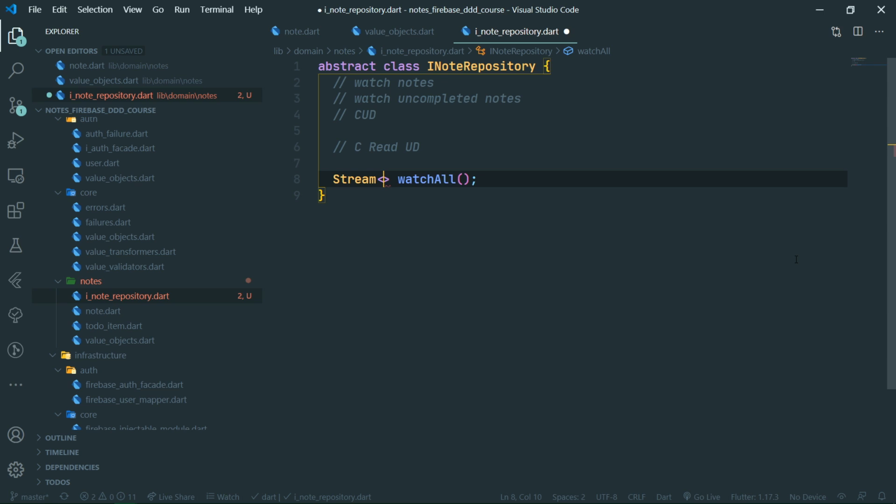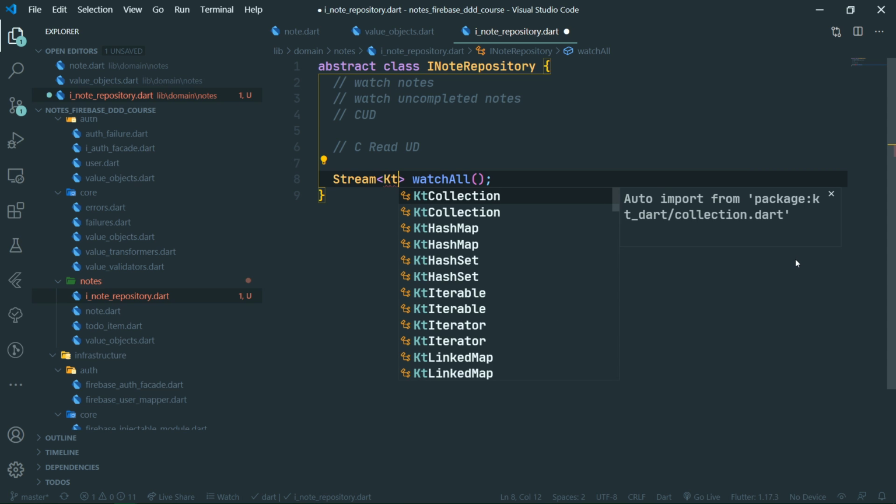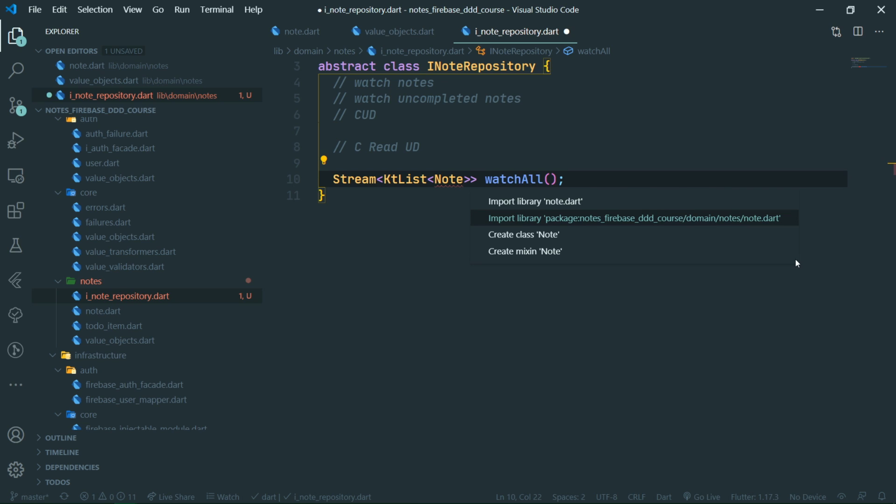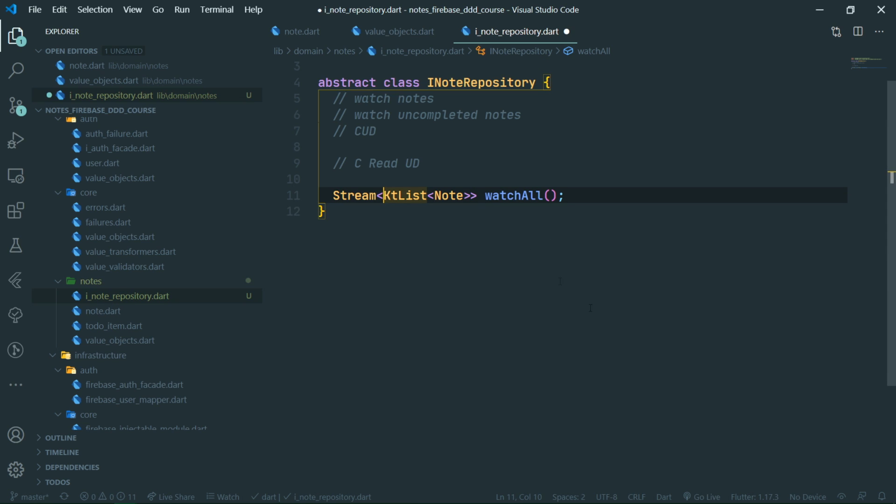So we would do something like KtList to make it immutable, and the list will hold entities of type node. So far so good, right? We want to hold nodes, so this makes sense. And it would be a viable thing to do it like this, holding just a KtList of nodes. But